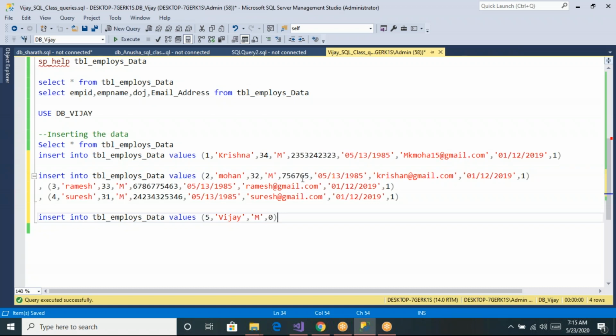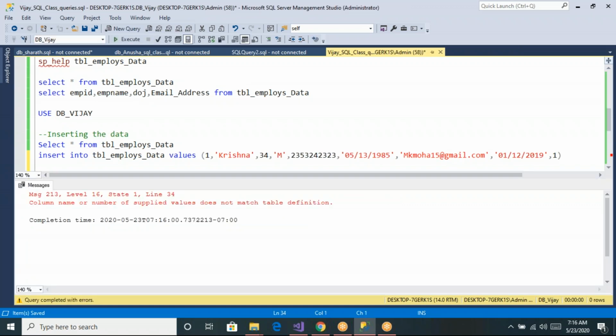Now if I execute like this, will it execute or will it throw an error? Your table contains 9 columns and you are providing only 4 values. It will throw an error, saying that the number of supplied values and the columns are not matching.